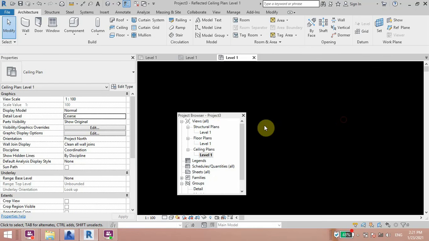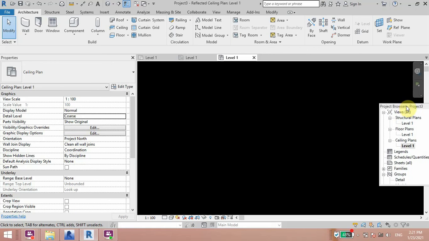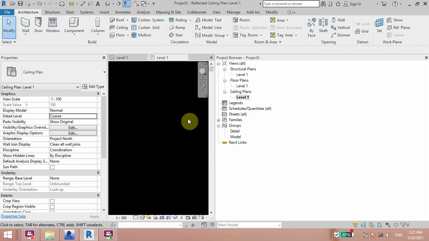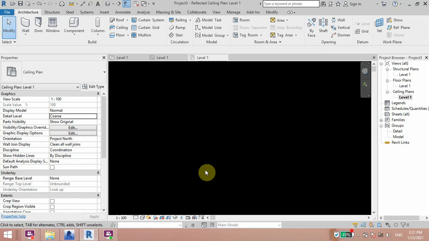But by default in industry, the Project Browser should be at the right side, the Properties dialog box at the left side, and the working place at the center. That is easy to work. Thank you.